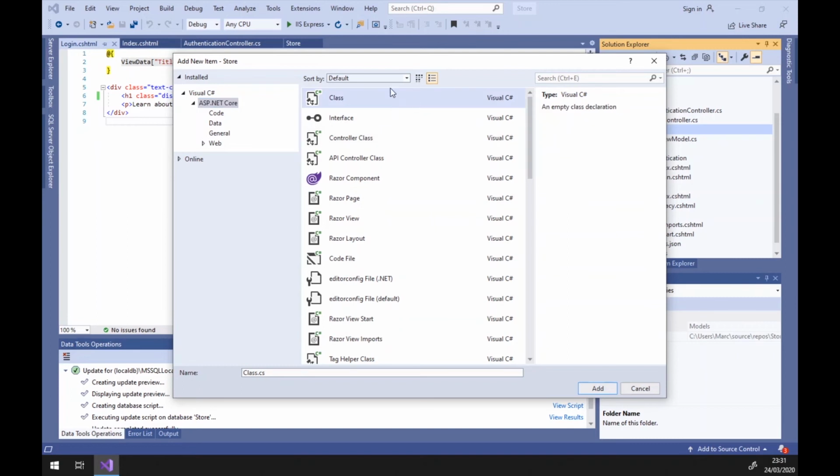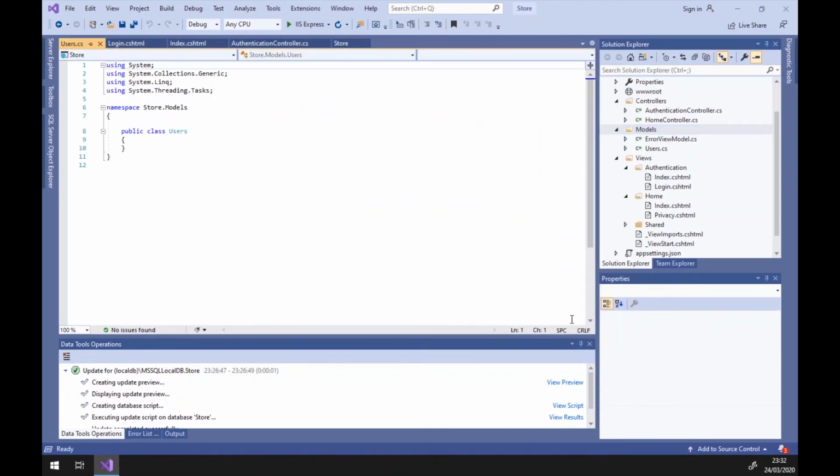So we're just going to add that class by selecting class. We're going to change the name here, so we don't need to give it anything special in the name. Because we're dealing with the users, we're just going to make sure that it matches the table name in the database. So I'm going to call this users, and then click add. Now we can see that we get our new model here on the right hand side, and we also get our model